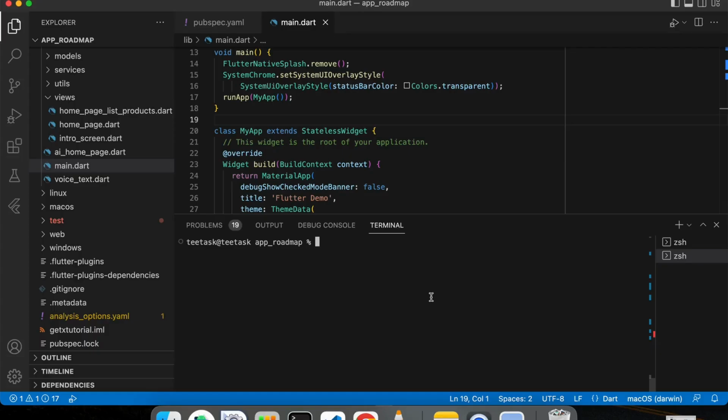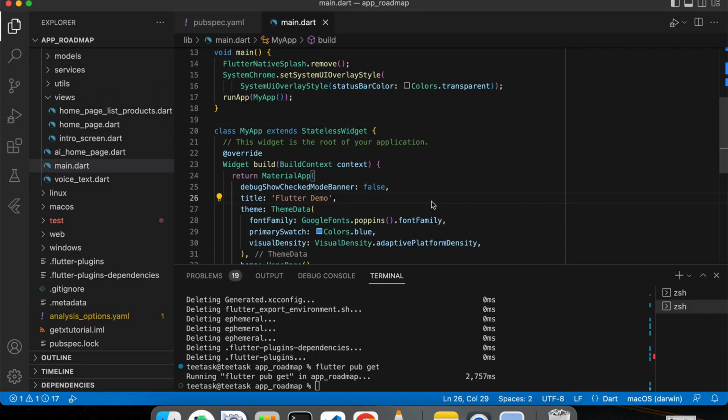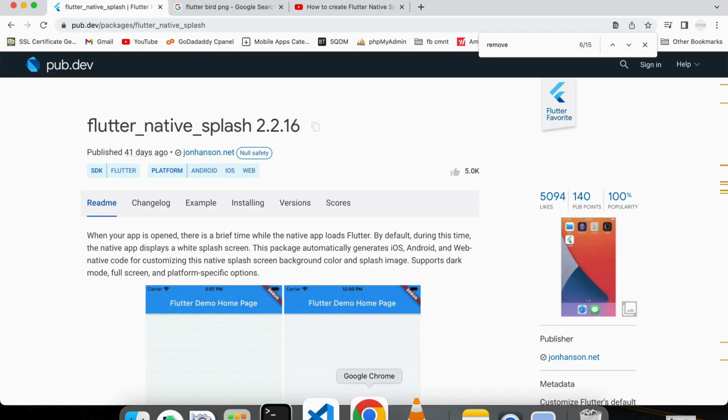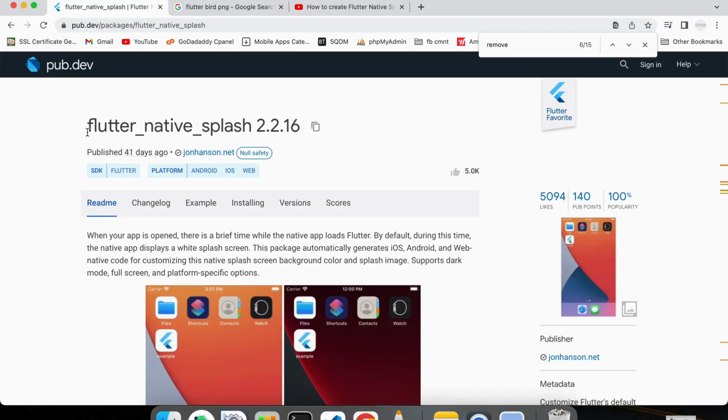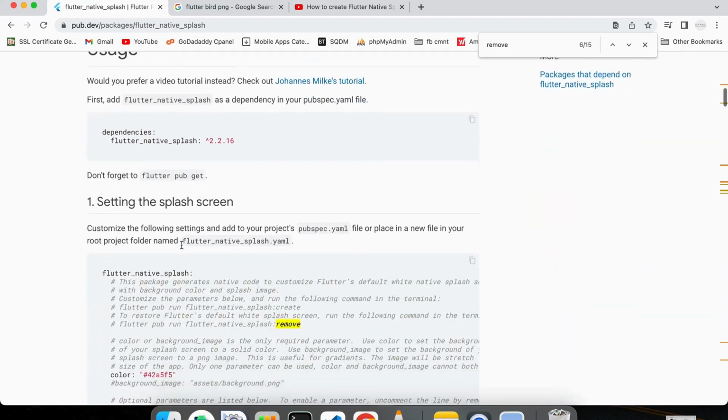If your splash screen is not showing, then try to run flutter clean and then flutter pub get. If you want to know more about this dependency, then go to pub.dev and then find flutter native splash, and you can see here more of